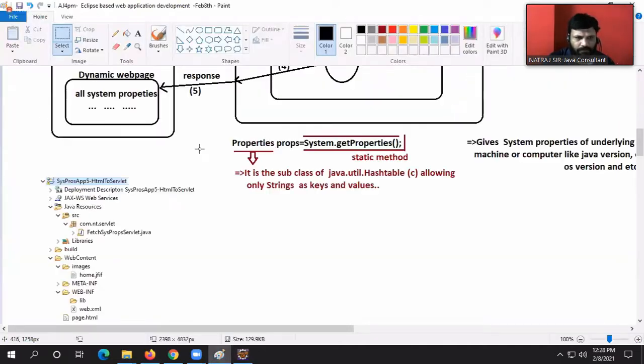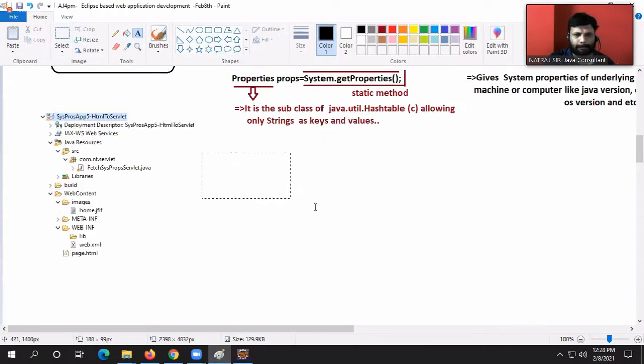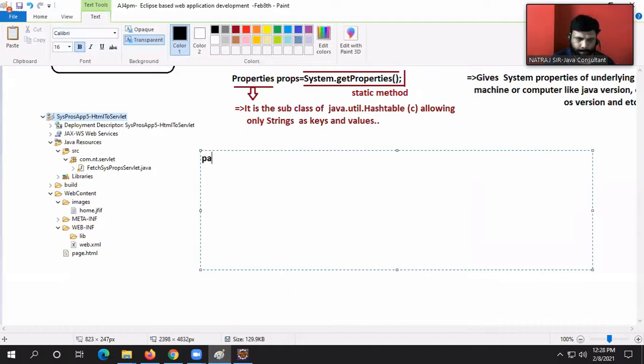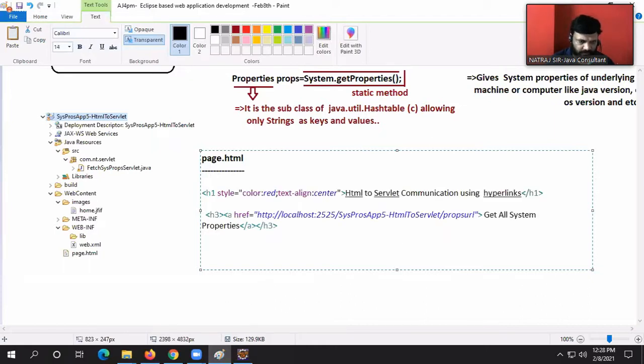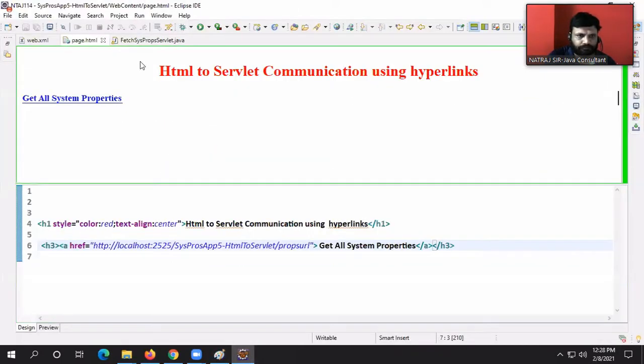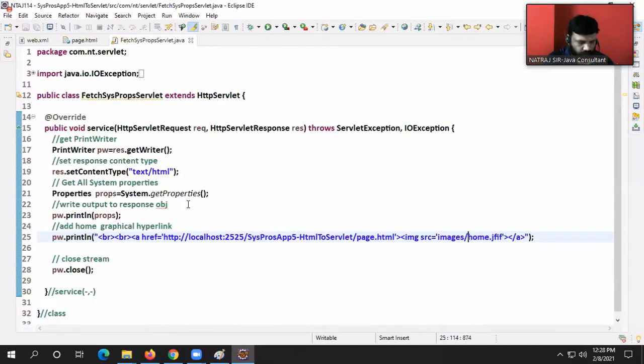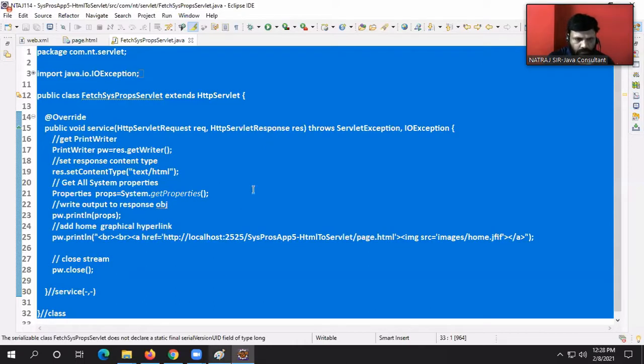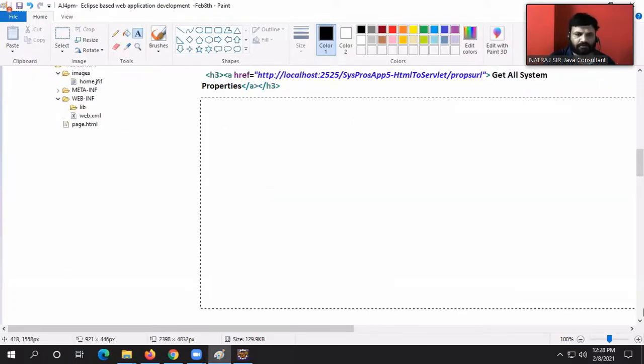This is my page.html. Say paste. Fetch servlet.